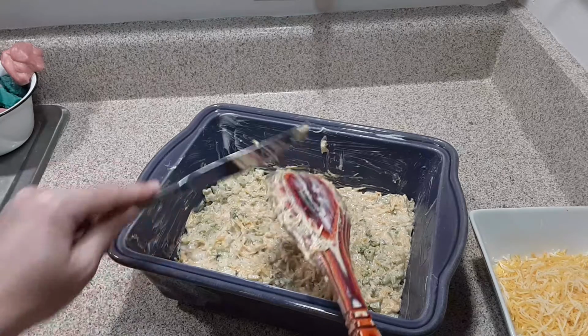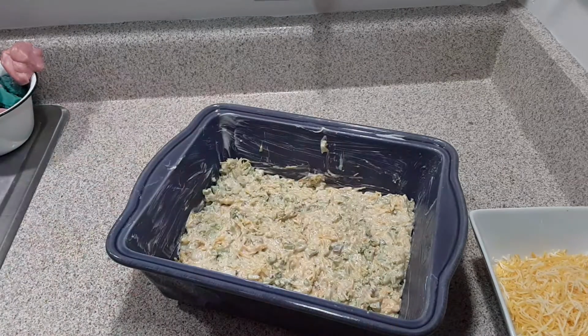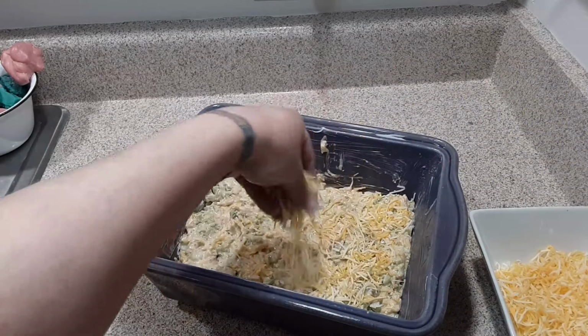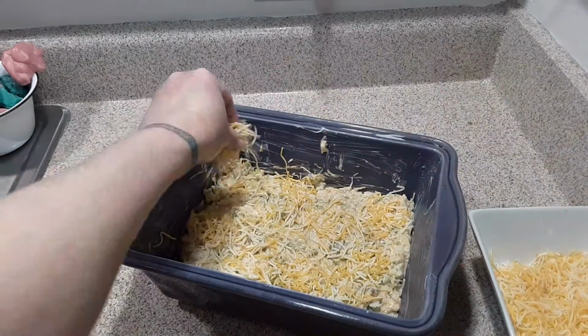Then you're going to bake this at 350 degrees Fahrenheit until the cheese is bubbly. Just sprinkle it on there, as much or as